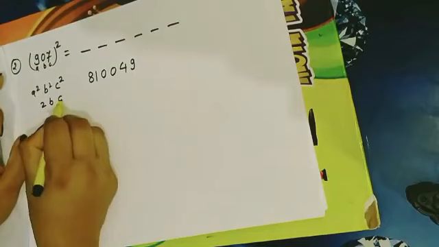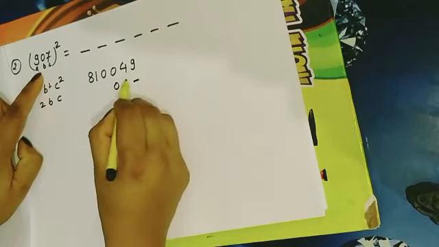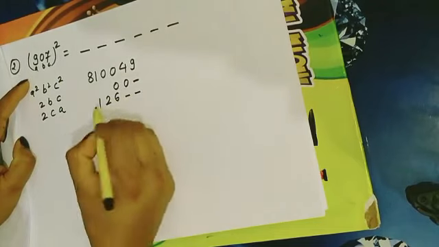Now this was our A square, B square and C square, and now 2BC. 2BC means 2 zeros are 0, and 0 multiplied with 7 is 0. So I am keeping the ones place blank and writing 00 here. Next is 2CA. 2CA means 2 times 7, that is 14, and 14 times 9, that is 126. So I am keeping 2 places blank here and I am writing 126 over here.